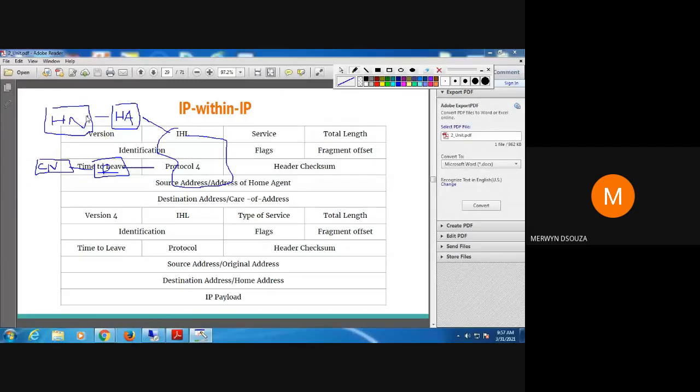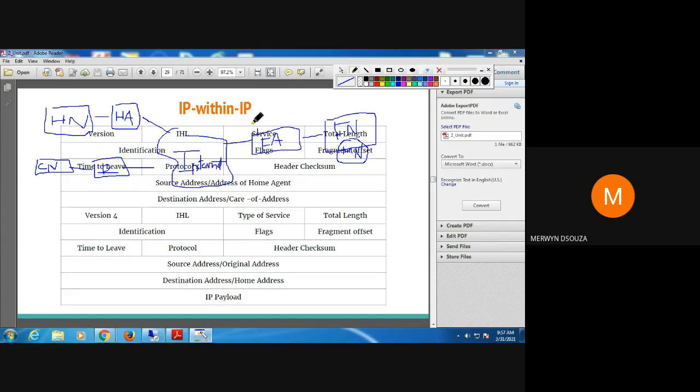Since we are talking about tunneling, I'll not confuse you with what happens when the mobile node moves. Let's talk only about tunneling. So there's the internet here, a foreign agent, and a foreign network. In the foreign network, there is your mobile node. This is what your diagram is.